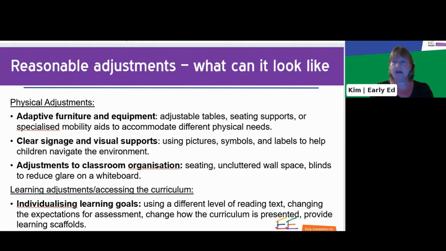Okay, so here are some examples of reasonable adjustments. And there are a lot. Like when I start looking, and also just from my own professional experience, there are a lot of different adjustments. So these are just some examples. For example, physical adjustments. So you might have adaptive furniture and equipment, maybe adjustable tables, seating supports, or specialised mobility aids to accommodate different